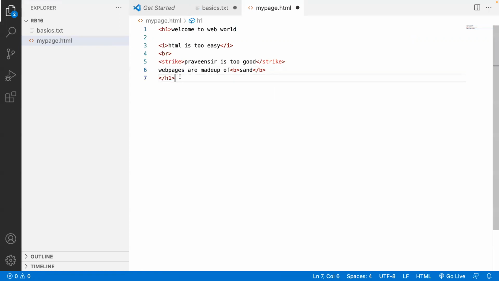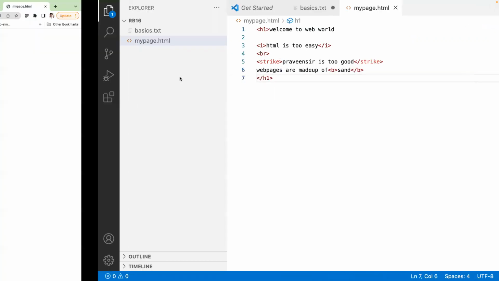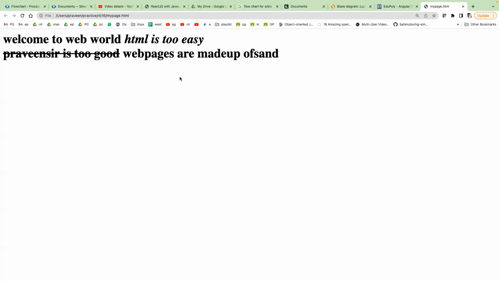From here to here, everything comes in the H1. So that is a boundary. Up to what you want to keep that particular content is called the boundary. So you place the close tag, the end tag, at your boundary where you want to keep.